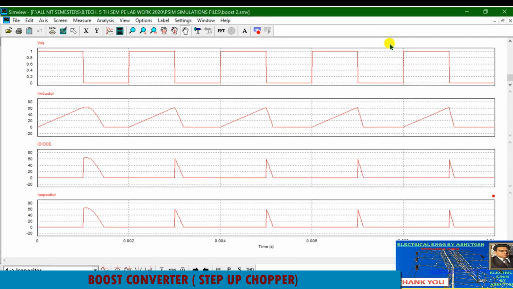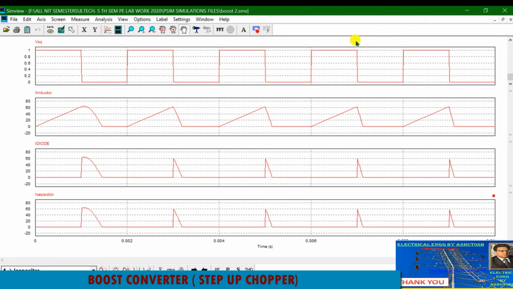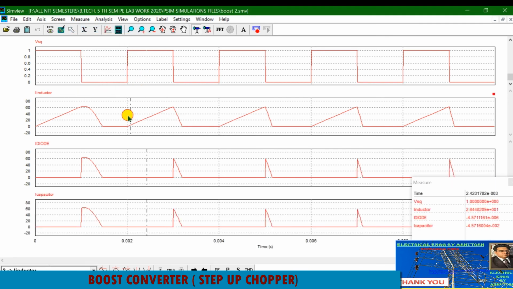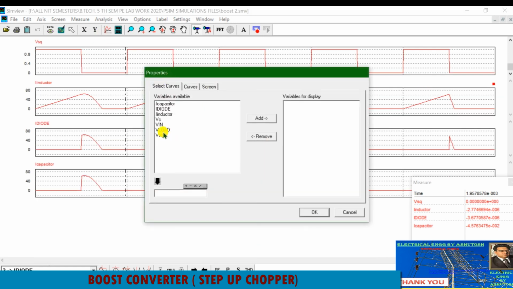You can clearly see from this diagram, because I have changed the circuit, so by changing the values you can change the shape of the current. Here this is the on period and this is the off period. I am putting the axis. This is the on period, and the charging current increases. Then this is the off period, the inductor charging current decreases, and this is the diode current during the off period, and this is the capacitor current during the off period, and you can see the load current as well.